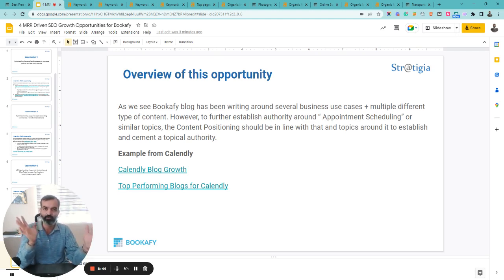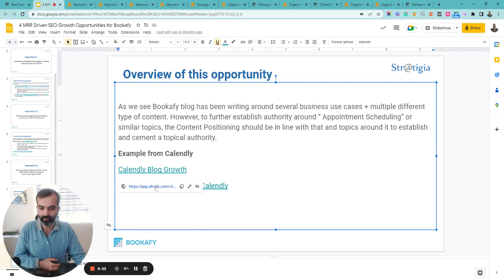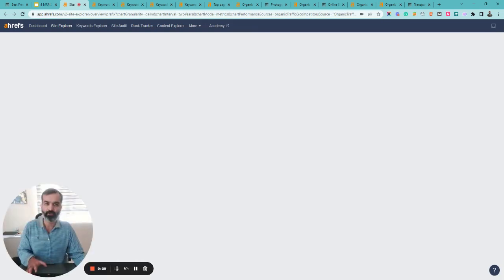Google won't rank you for just one piece of content. You won't be able to build topical authority by writing just one piece of content around a topic. You need to cover that topic in depth to be considered an authority. And in the case of Bookafy, they would want to be considered an authority within the appointment scheduling niche. So as an example, Calendly,